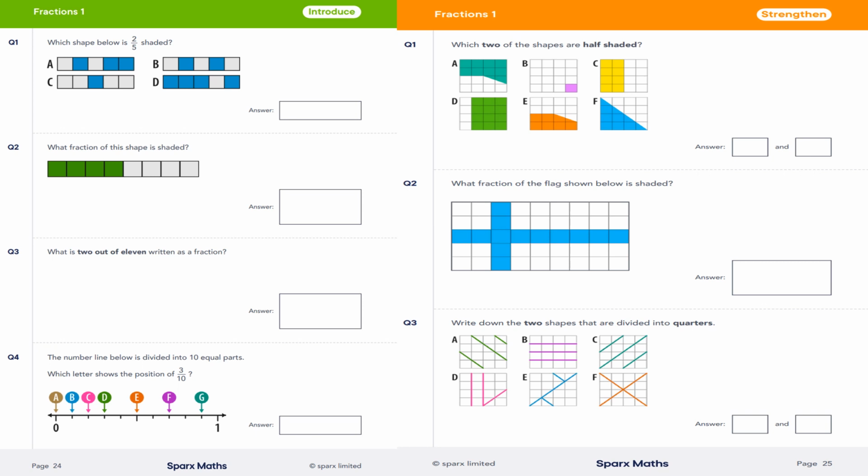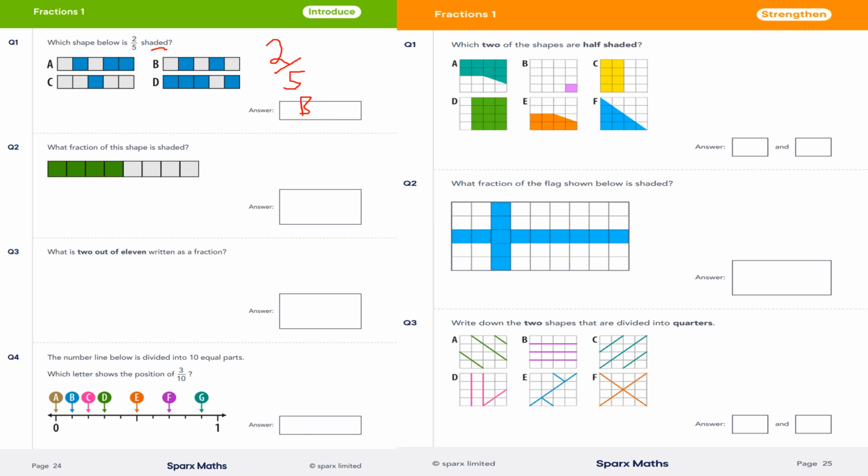Which shape below is 2/5 shaded? So, what does this mean? Well, it means that two parts out of five squares have been coloured in. So it'll be B, because two are blue out of a total of five. I hope that made sense. So the numerator is the number of parts that are coloured in, and the denominator tells us the